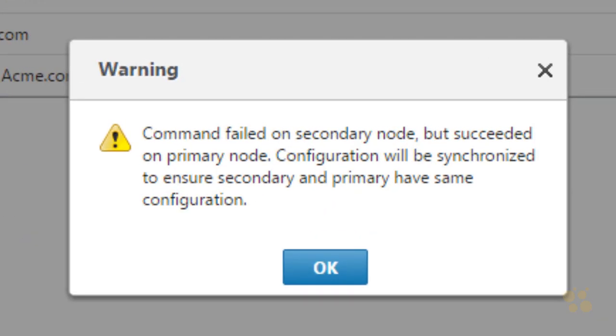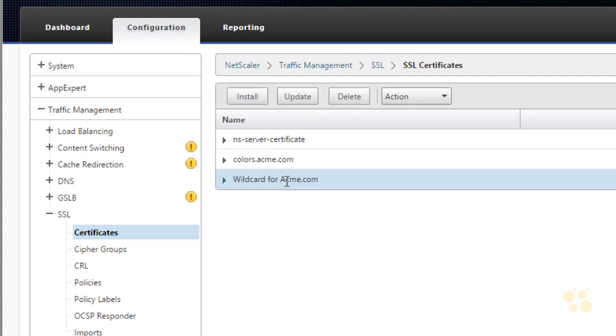And it gave us a warning message saying, you know what, this operation works fine on the primary NetScaler in your HA pair, and I'm going to go ahead and synchronize it over to your secondary to make sure that it's now up to date as well. I'm going to click on OK with my gratitude and thanks. And now we've got this wildcard for Acme sitting here. Regarding this synchronization for the SSL, if we wanted to force